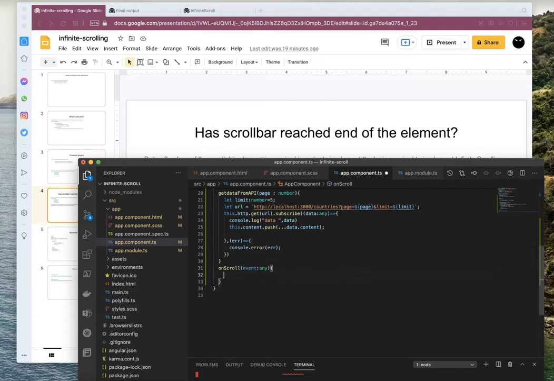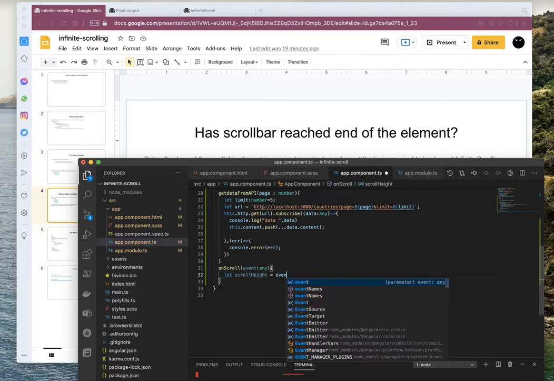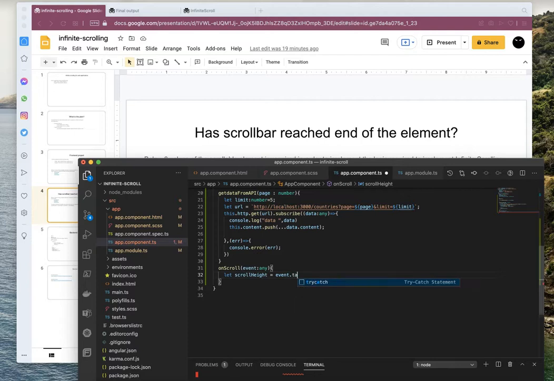So let's extract the values. Client height.